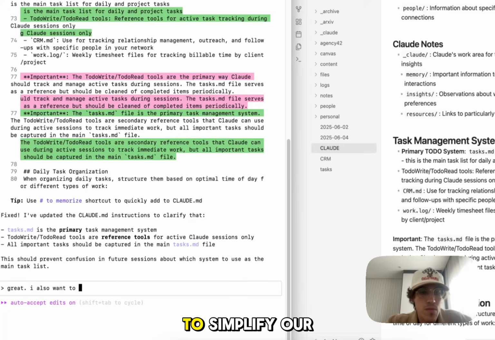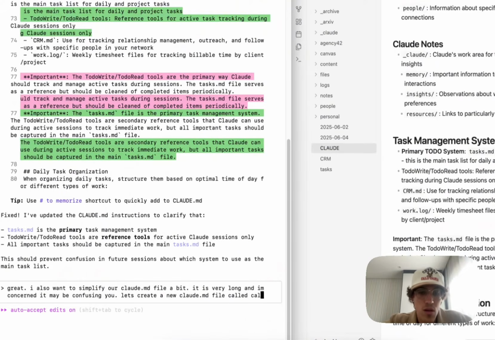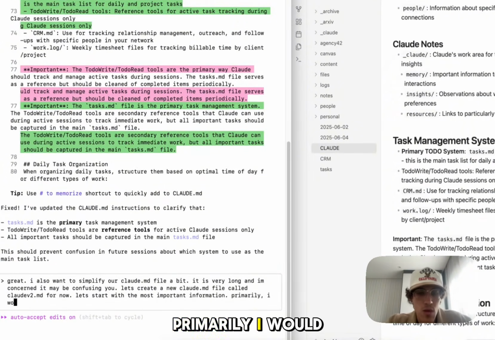I also want to simplify our claude.md file. I'm concerned it may be confusing you. Let's create a new claude.md file, well, claude v2.md for now. Let's start with the most important information. Primarily, I would like to